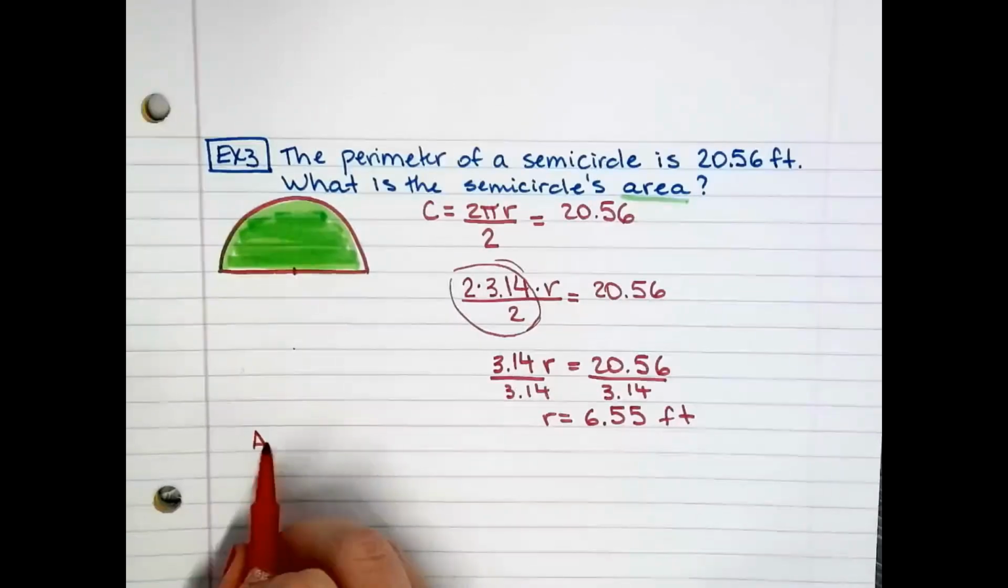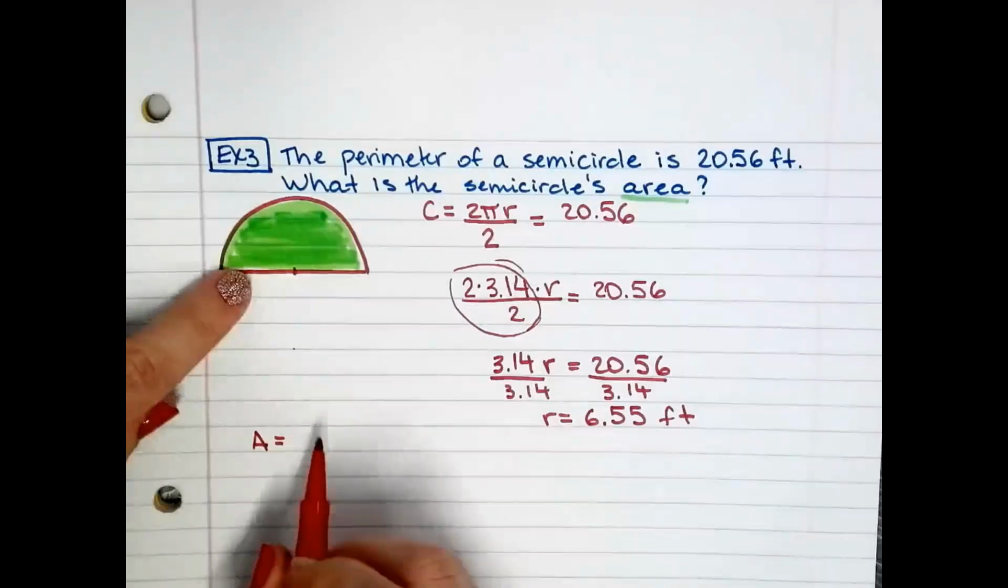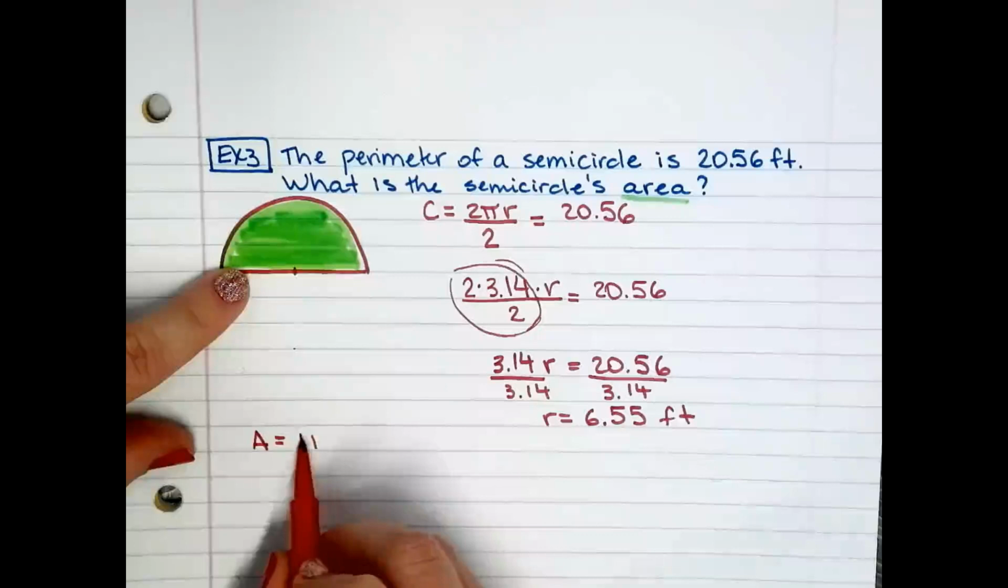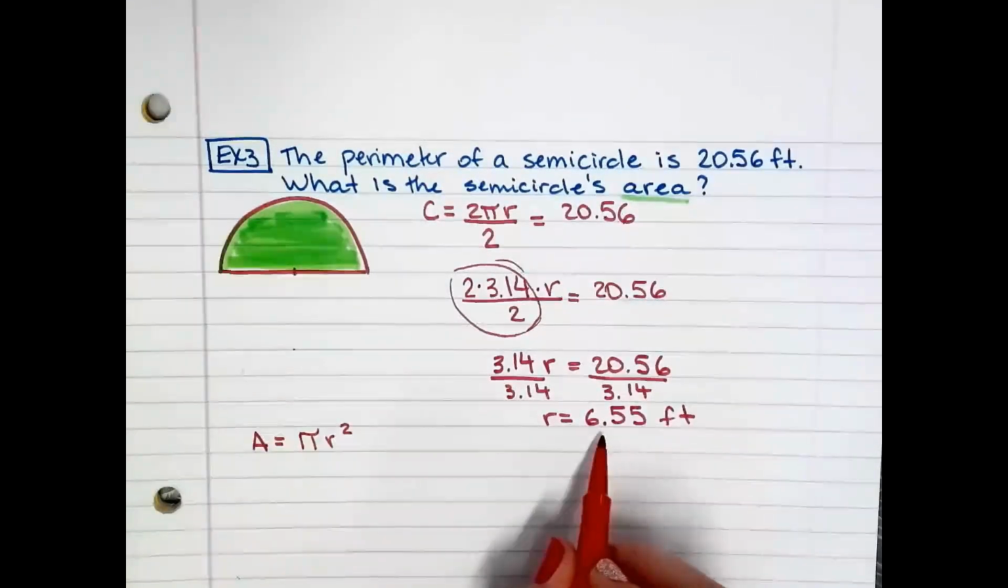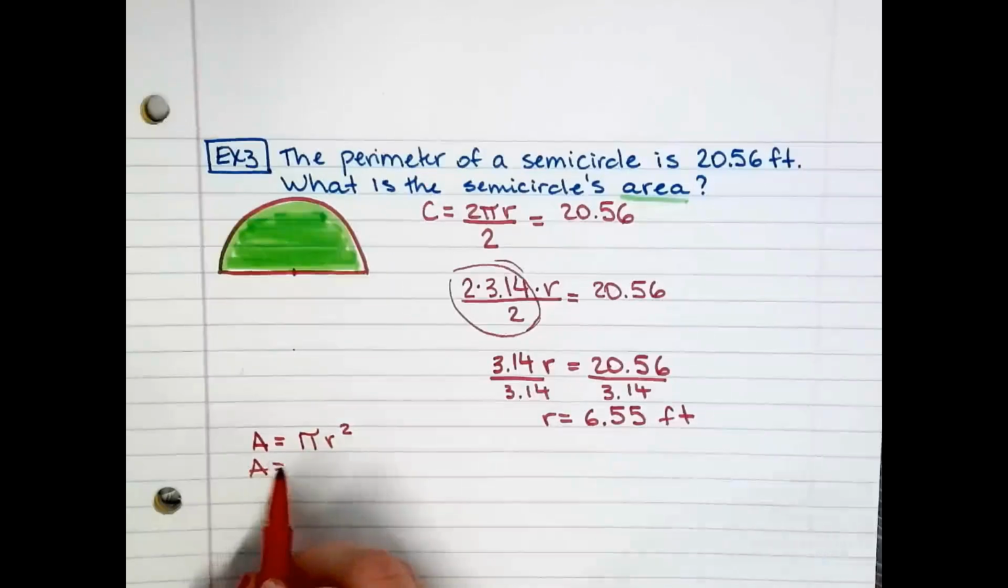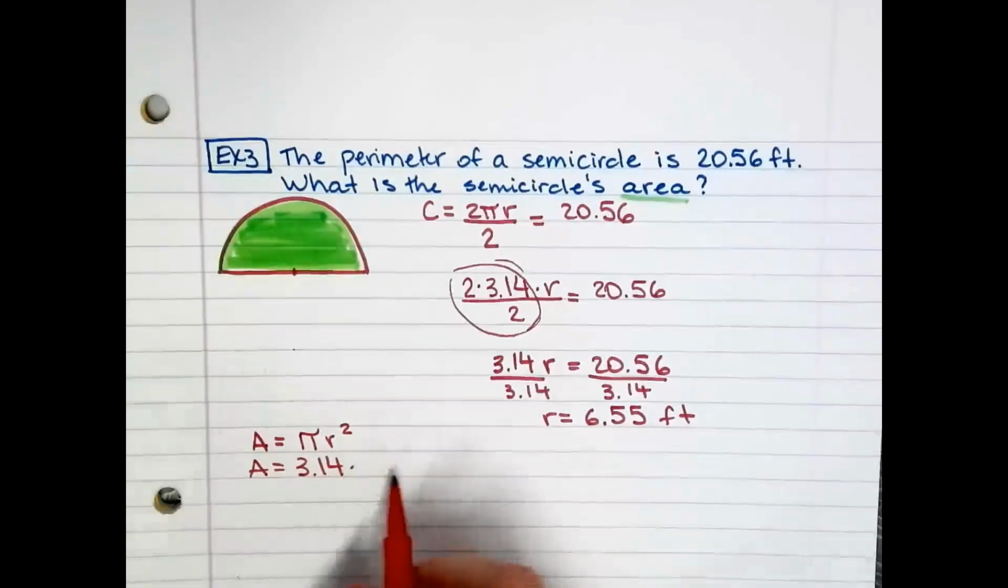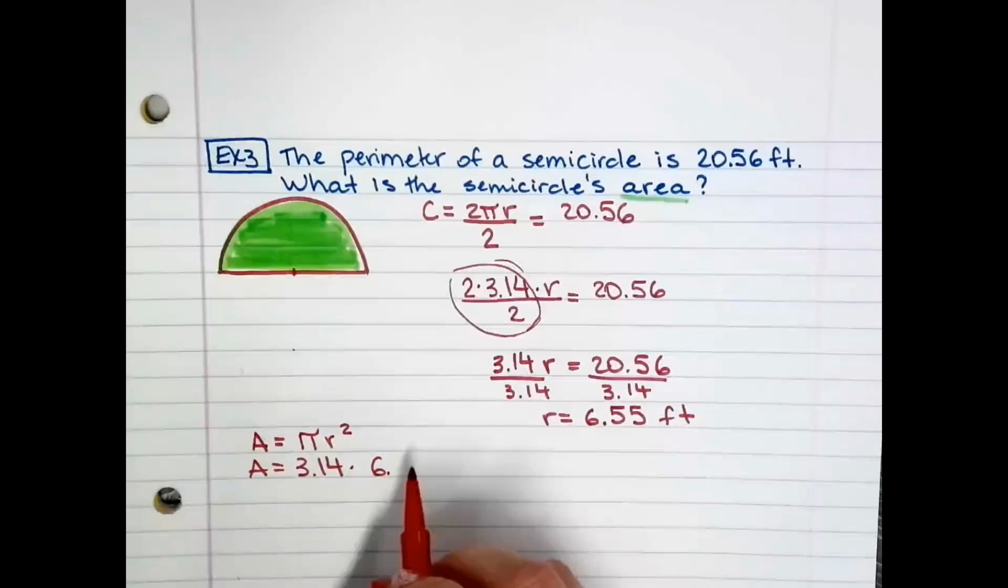Now I need to find the area of the semicircle. Pi r squared. I already have the radius, so 3.14 for pi, the radius 6 point